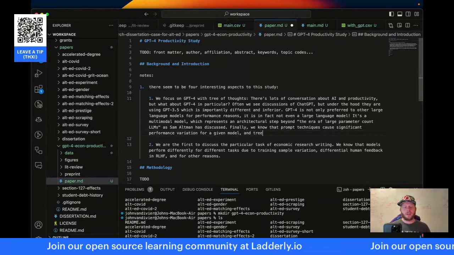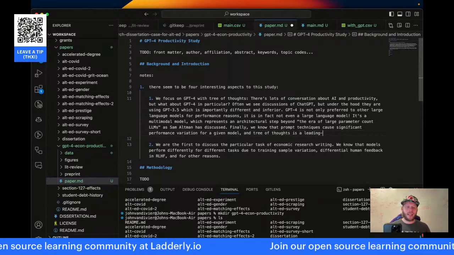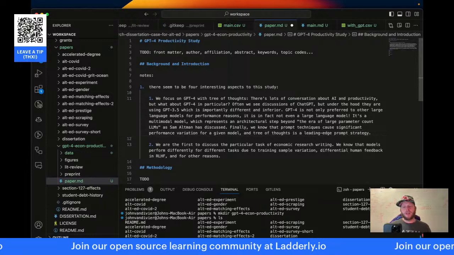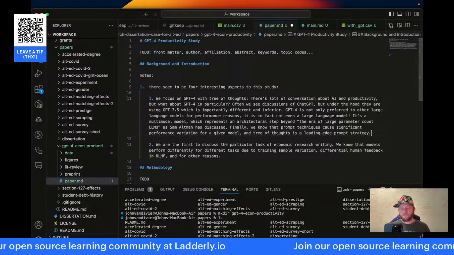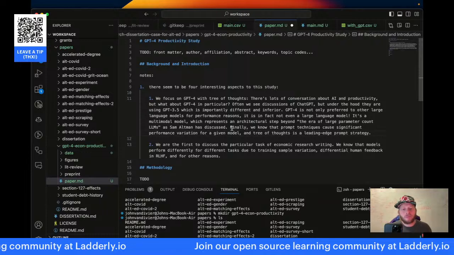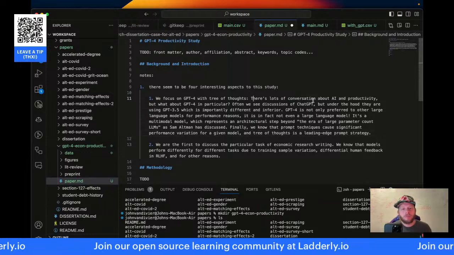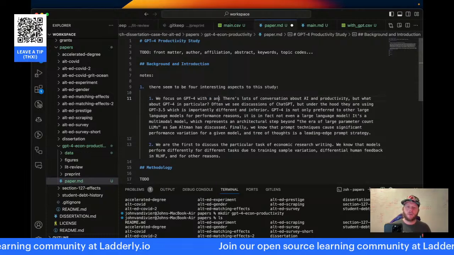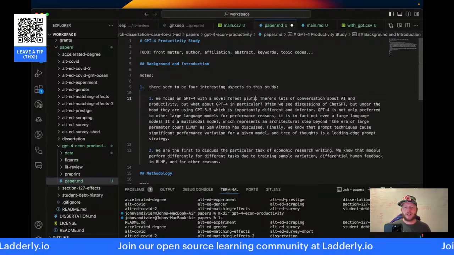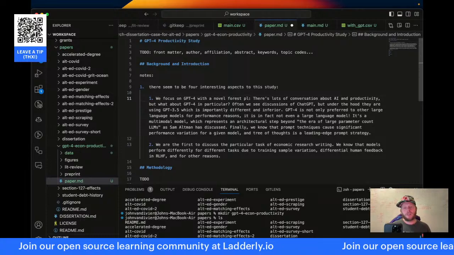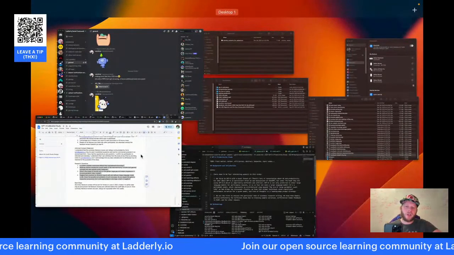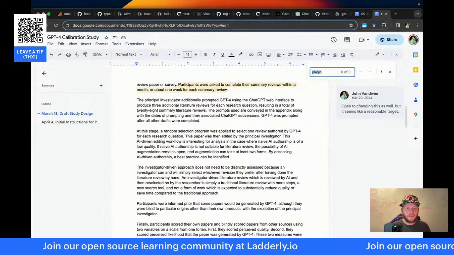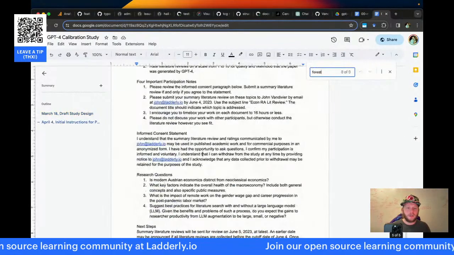And tree of thoughts is a leading edge prompt strategy. We used it with a novel plugin forest technique. The plugin forest is based on tree of thoughts, but it uses plugins.